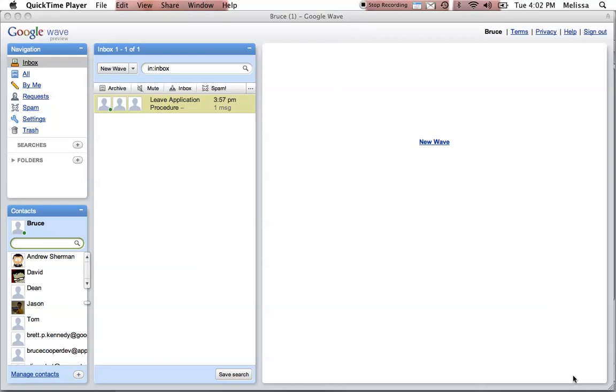Okay, so here we have a quick example of the leave application procedure robot that I was talking about in my blog post. The basic idea is that when a new staff member actually starts up with the company, he'll automatically be added into the leave application procedure wave, so he'll automatically see it in his desktop when he logs in. So he comes along and he clicks on the application procedure,